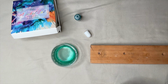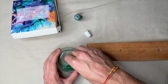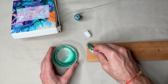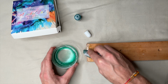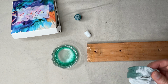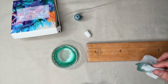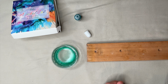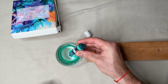And then we're going to take just a bit of a rag here, and I'm going to dip this in and just apply it here to the wood. Now, this is a natural stain, so there's not much color to it to begin with. That doesn't look like it's going to be much color at all. So we're going to add a few more drops and try again. So that was 3 drops there, 4, 5,